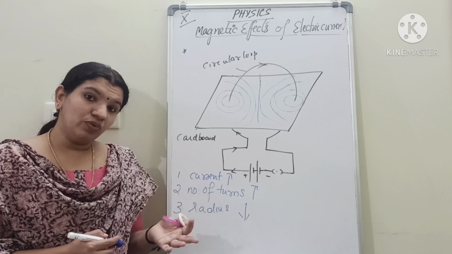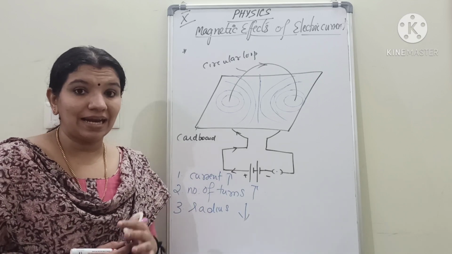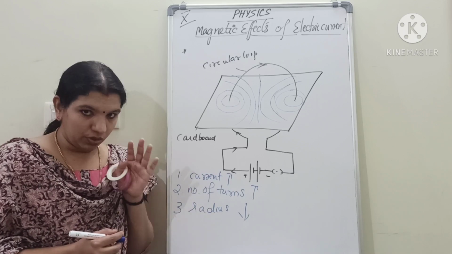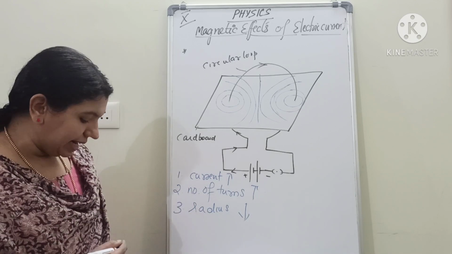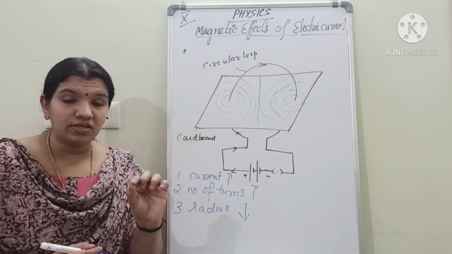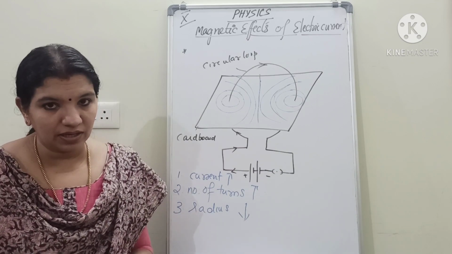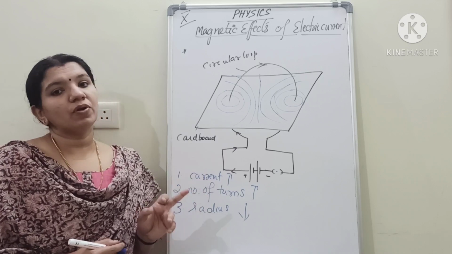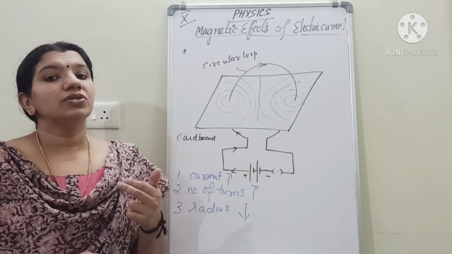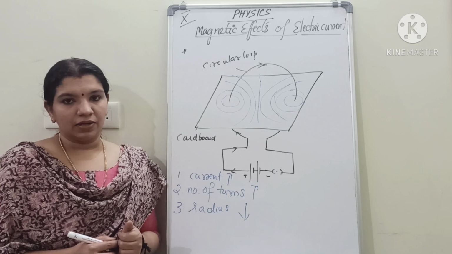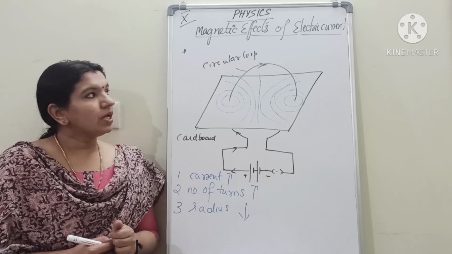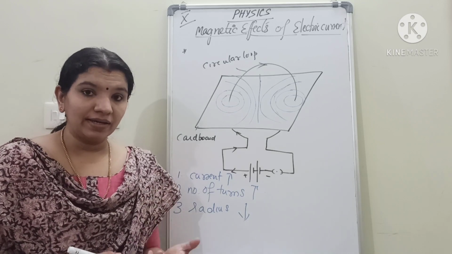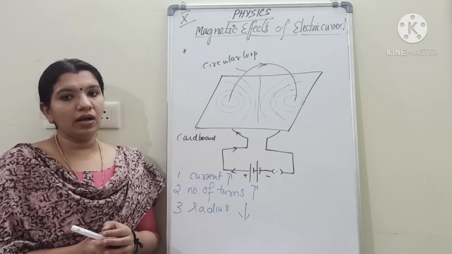Okay, when you are moving to 12th standard, you have to study the equations for this. So now I am not saying the equation, but you understood the concept that the radius should be decreased to increase the strength of magnetic field, and also the amount of current as well as the number of turns can be increased to increase the strength of magnetic field. Clear? So this is the activity for circular loop, or to find the magnetic field due to a circular loop.